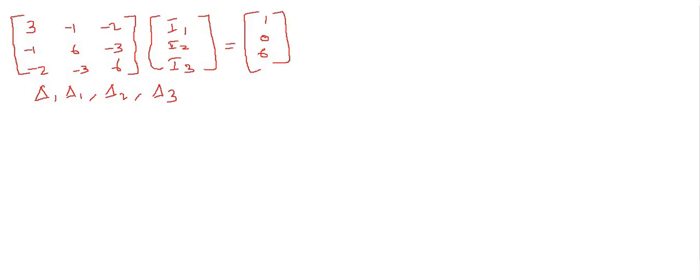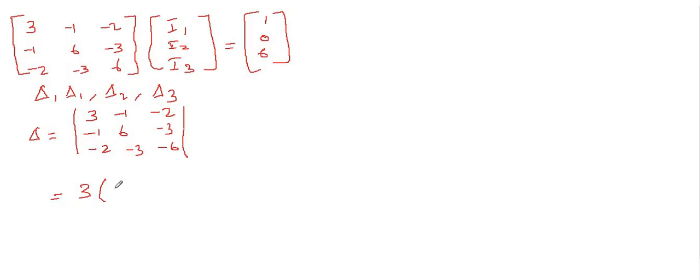So first step, we'll find the value for del, which is equivalent to the determinant of the given matrix. So 3 minus 1 minus 2, minus 1 6 minus 3, minus 2 minus 3 minus 6. So we need to find the determinant for this value. So here the determinant will be 3 into